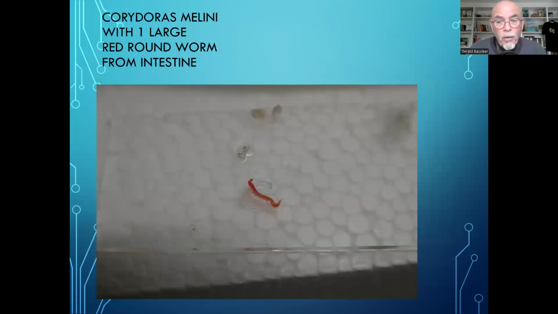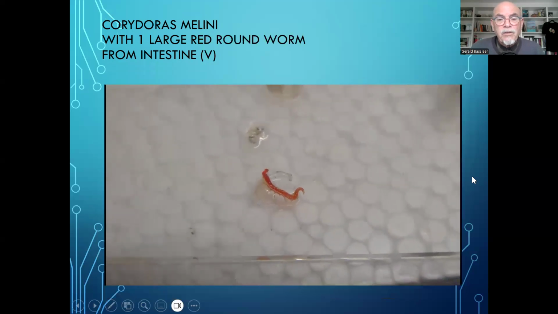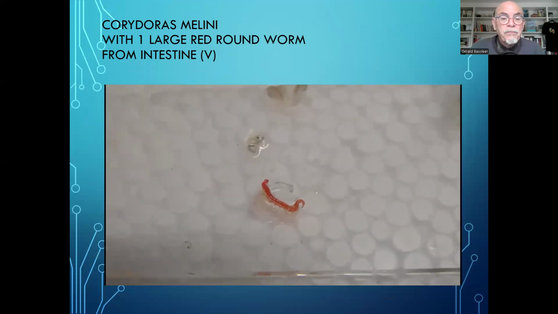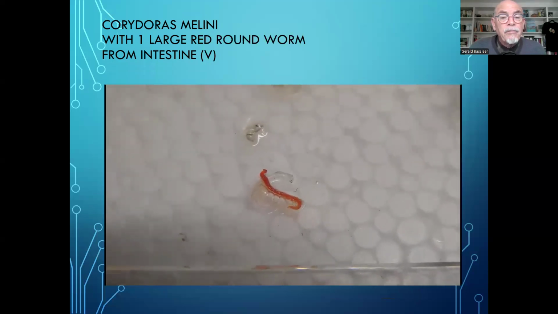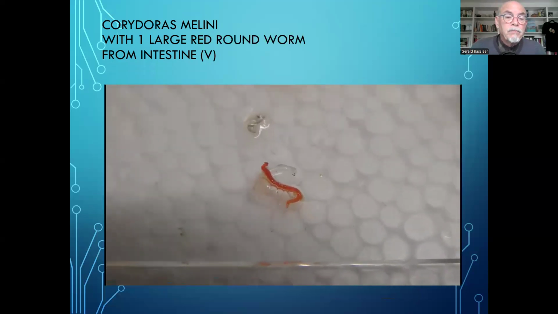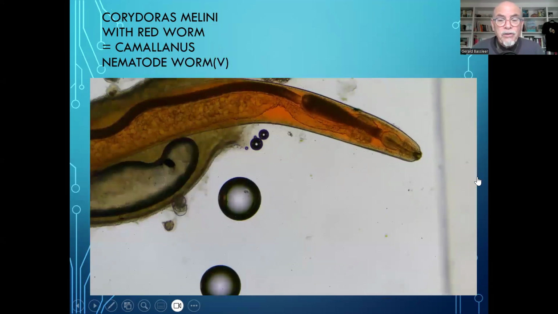And when we examined the fish, we found one large red round worm that came from the intestine. And you can see it here in the video that little animal is alive and moving around. And it's not a mosquito larvae that is moving around. It is a worm. That's why we took the microscope. And here we see the red